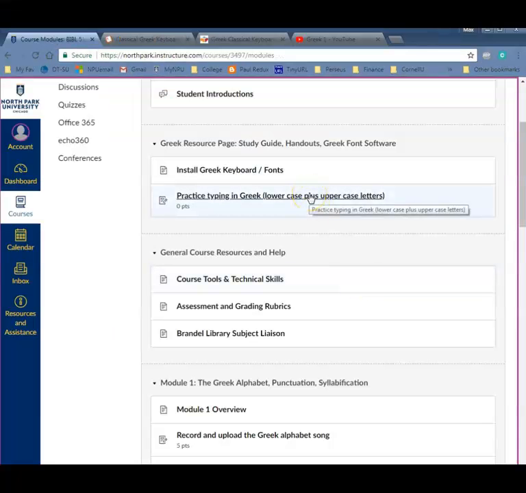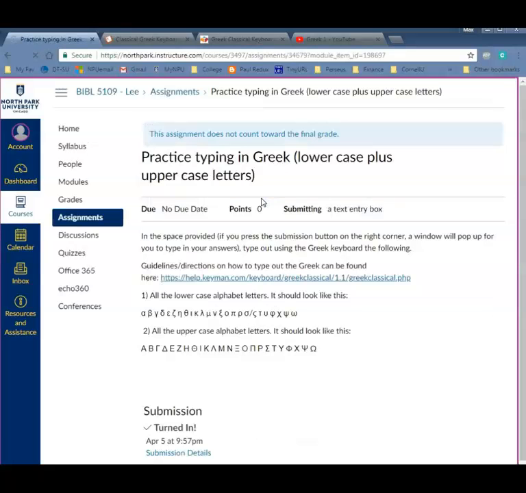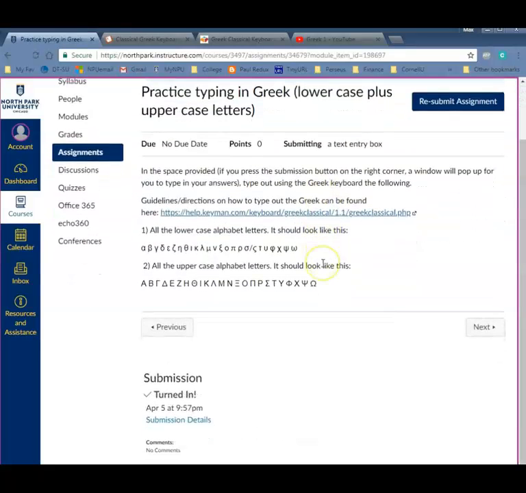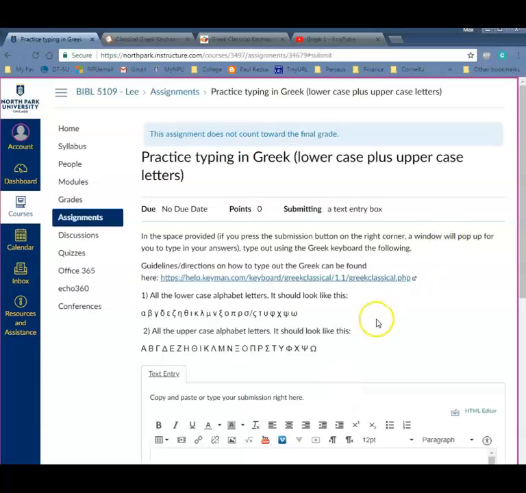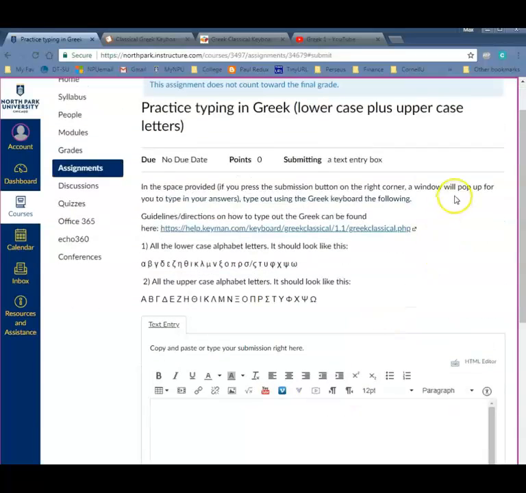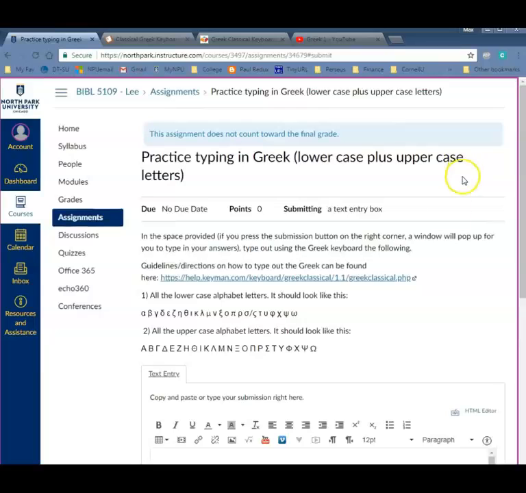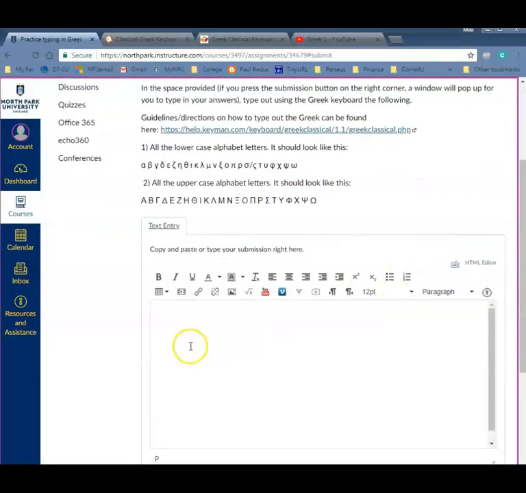Okay, now that you've installed the keyboard and you have a printout telling you how to use the keyboard, let's go ahead and do some practice. If you pick the practice typing in Greek menu, it'll again give you instructions on how to install the keyboard, and then I already clicked it, but if you press the submit button in the upper right hand corner, this text